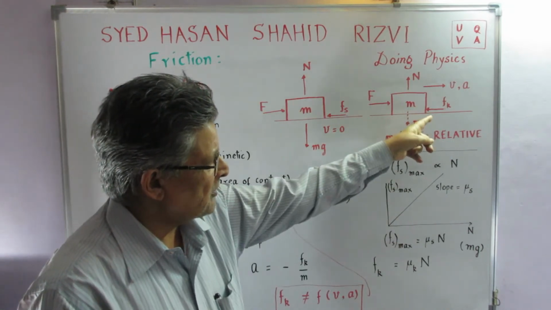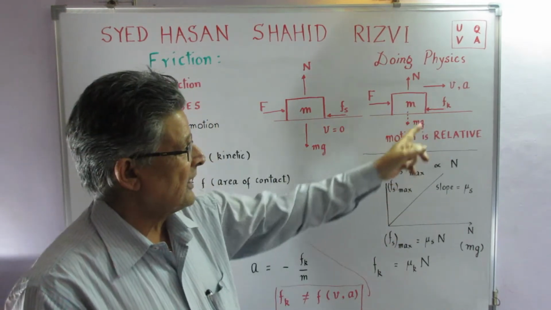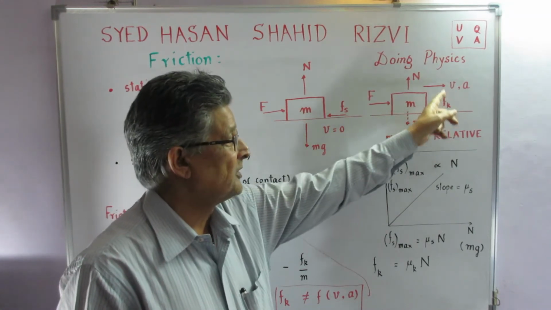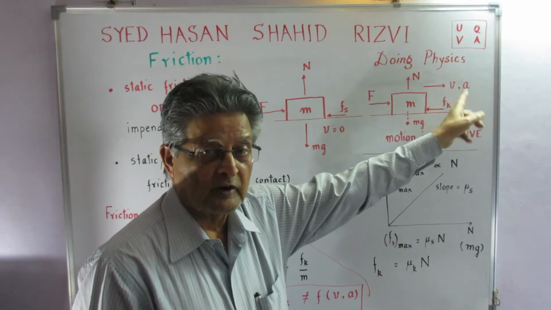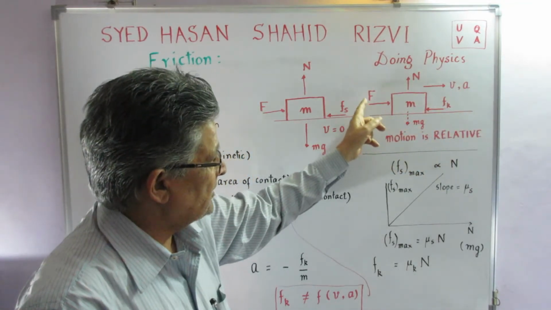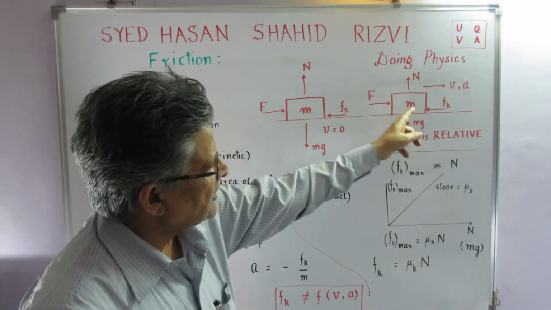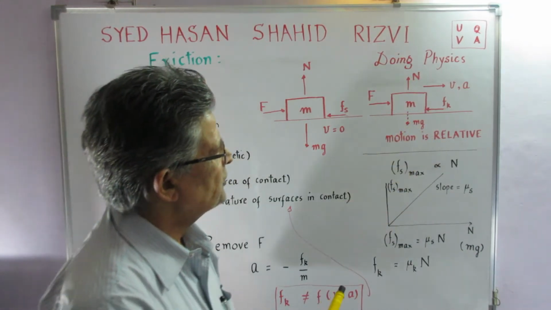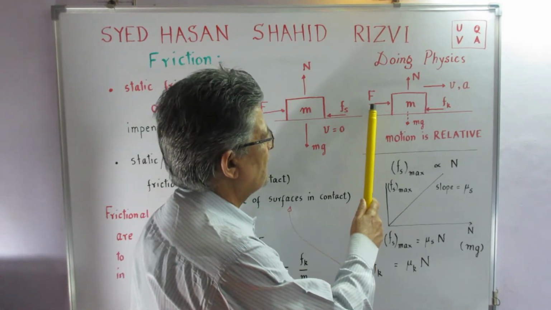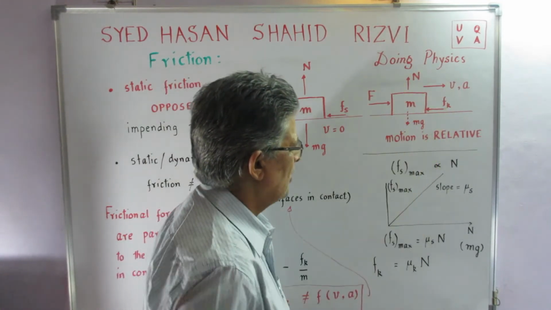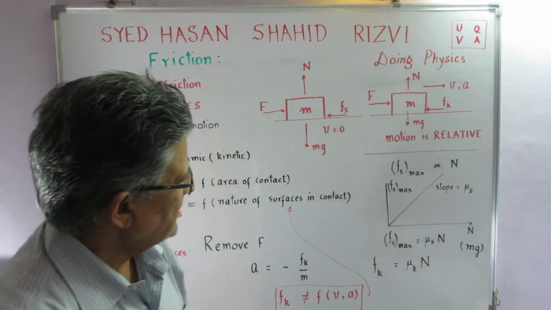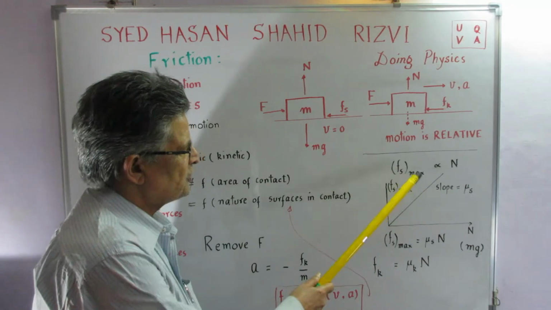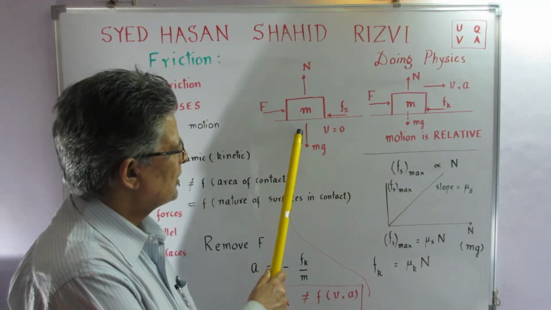And the net force on the body at that time, if the value of Fk remains the same, and it doesn't depend upon the velocity, it doesn't depend upon the acceleration, in that case, the total force on this body which is in motion on the surface becomes equal to F minus Fk. Okay. So we find that the maximum static frictional force that exists over here,